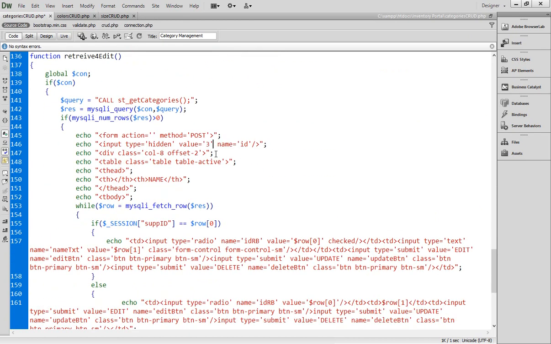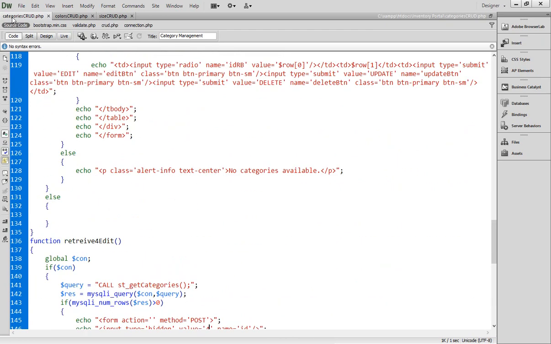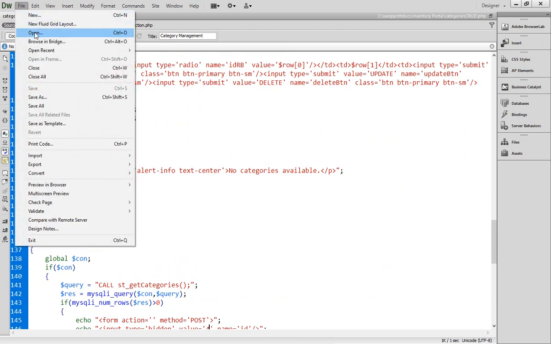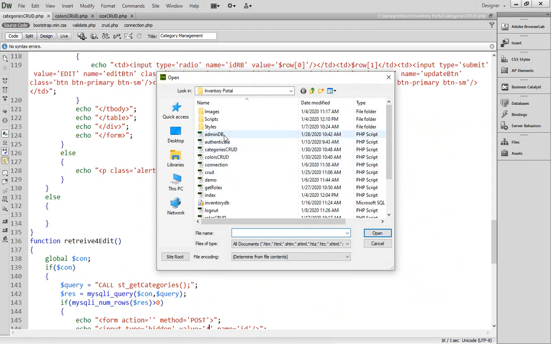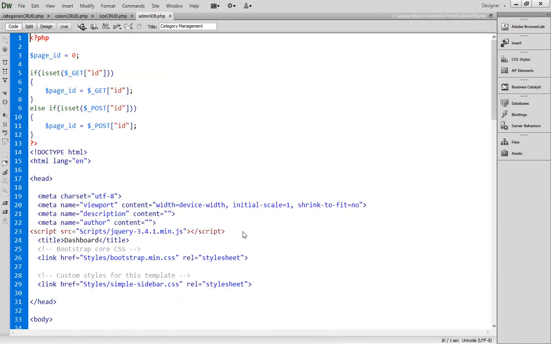Here, value equals 4, that's it. Okay, now everywhere 4 has been successfully added. Now that's my categories CRUD. Let's open the page admin DB, because that was our dashboard page, and let's link this page to that. So categories CRUD,